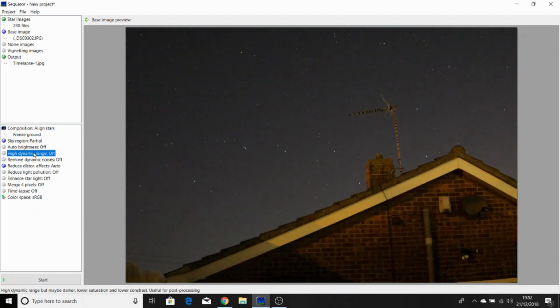We want to double click high dynamic range and turn that on. We want to double click time lapse to switch it on. And for this I'm just going to use 3 frames, and this will stack 3 frames together and create a sequence of cleaned images